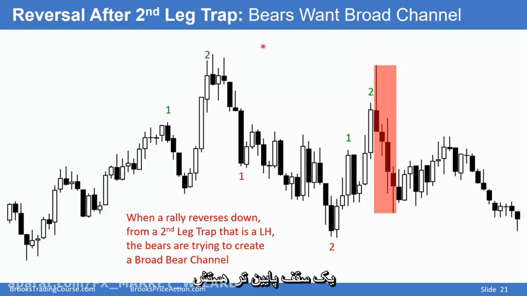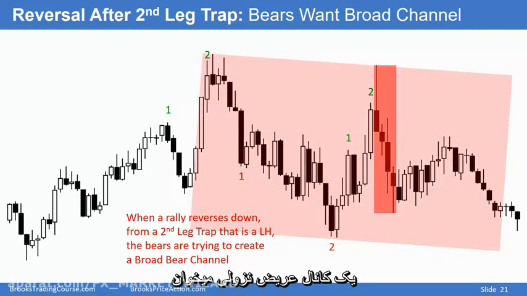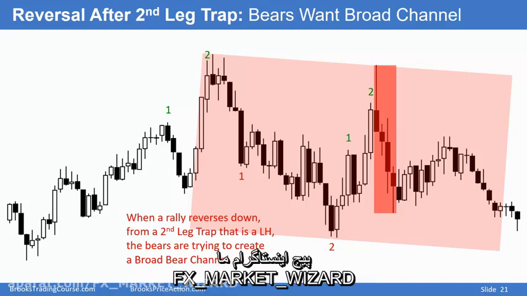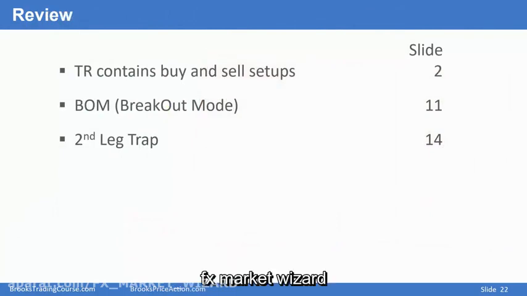Bears are hoping that it's a lower high, and maybe it's the start of a bear trend, and maybe it'll sell off below this low. They want a broad bear channel, but I always assume it's a trading range unless I have strong evidence to believe otherwise. In this video, I talked about how